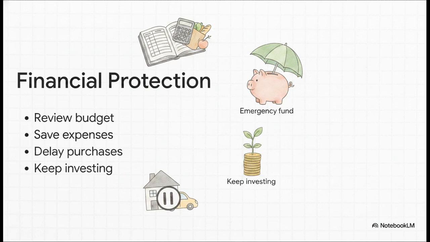First up, when inflation hits, do a really detailed review of your budget to find some wiggle room for those higher utility and grocery bills. Next, build up that emergency fund. You really want to aim for 3 to 6 months of living expenses, ideally stashed in a high-yield savings account. Third, when the Fed hikes up interest rates, try to delay taking on massive new debt. Hold off on buying that new car or house until rates come back down.